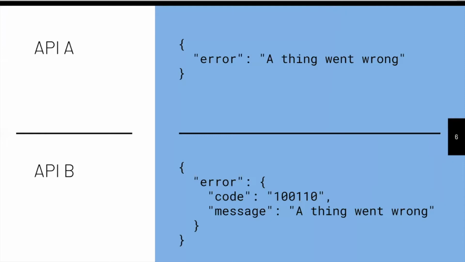A real world example that I've seen in at least 5 different APIs is when people start off creating error messages, they think they'll just need a string, and then they realize that a string isn't very useful because you can't programmatically interact with it without substring matching. So you start throwing in an object that has maybe a programmatic code that you can look up and know exactly what the problem is without looking at a string, which might be localized anyway. And I've seen this happen on an API where the same API between version 1, 2, and 3 had subtly different error formats. So that might be something that can cause problems.